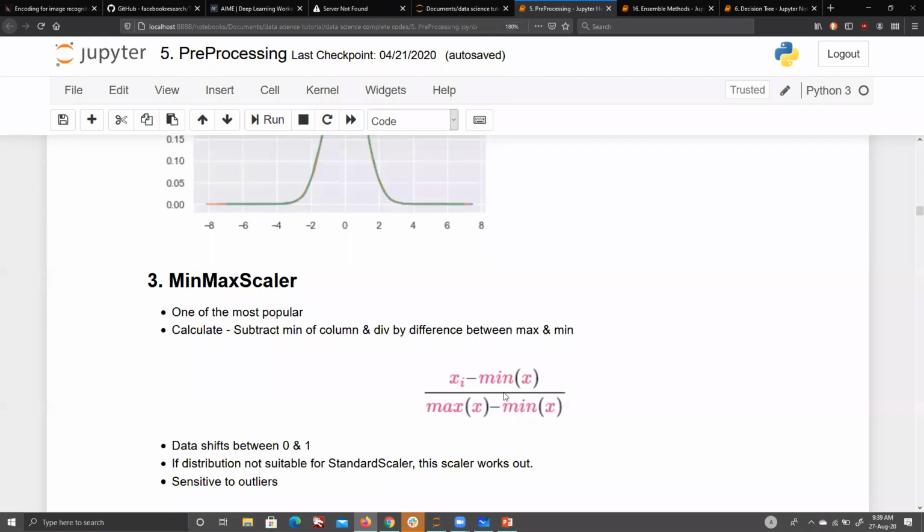Okay, why? Because when x is max, it becomes 1. So just put in x values. The lowest value is what? Min of x minus min of x, which is 0. The maximum value is max of x minus min of x divided by max of x minus min of x, which is 1. Very good. Now the only problem which will happen is that it is sensitive to outliers. I will explain what the problem is here.